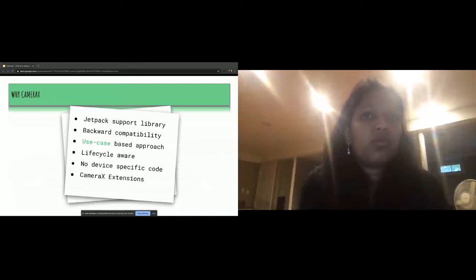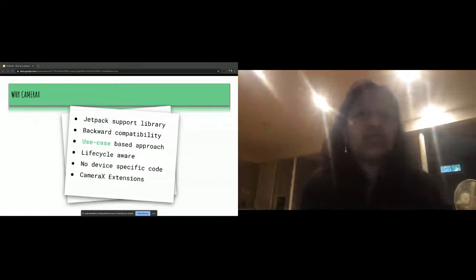Now going into what is Camera X and why. As part of the Jetpack library behavioral component, the Camera X library allows integrating camera functionality into your Android app with just a few lines of code and an easy to use API surface. Internally, it still leverages the capabilities of Camera 2, which is the interface to the native camera device. But all you need to care about as a developer is the use case or the actual task with the camera instead of worrying about consistencies across different devices.